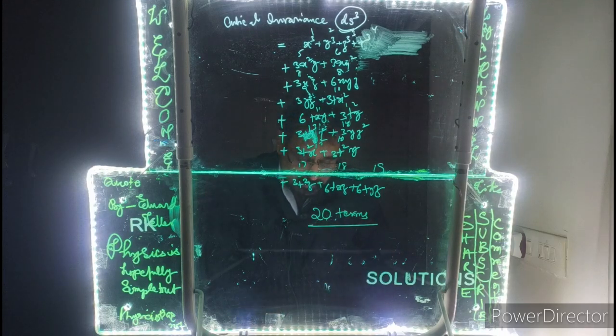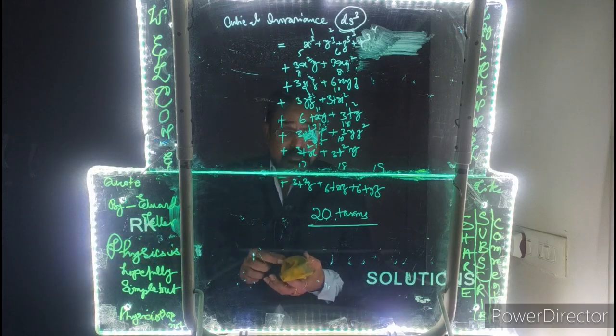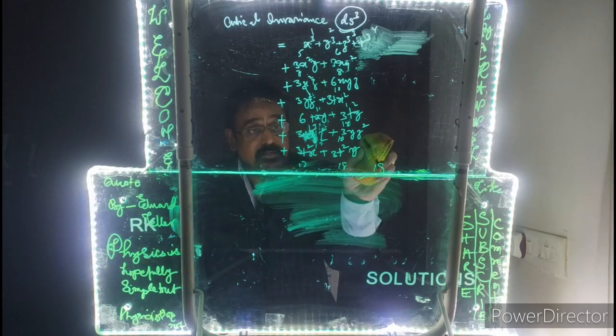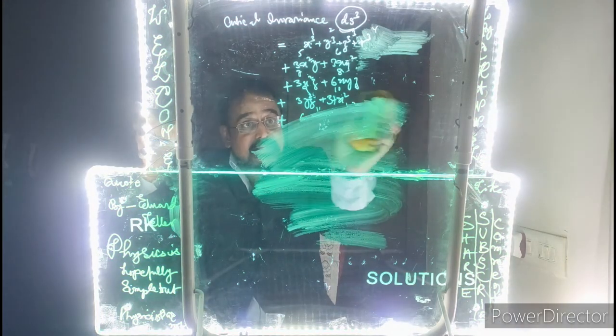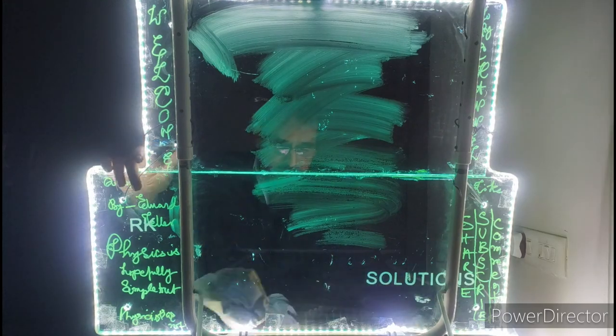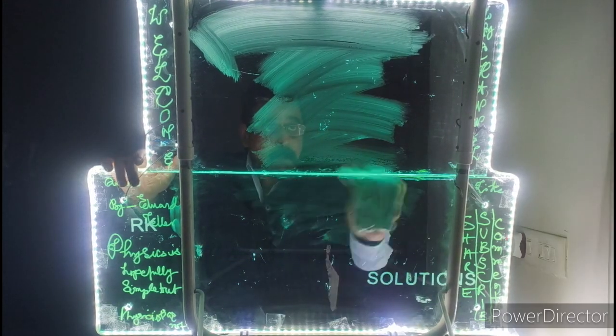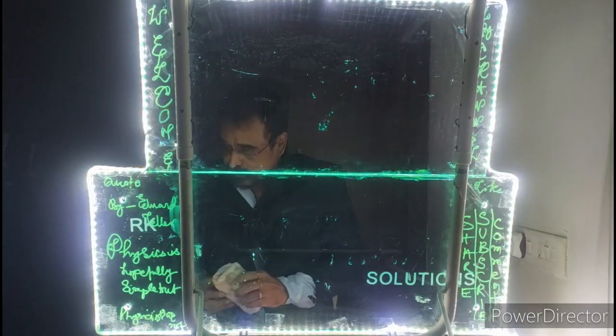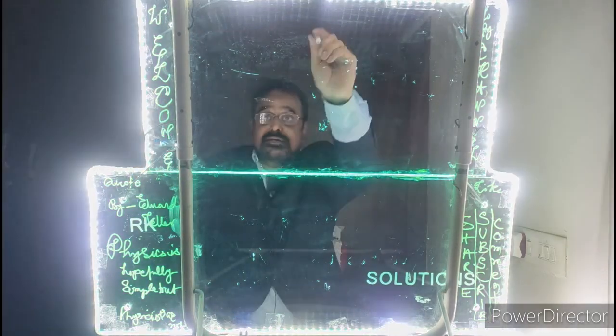So my suggestion is that instead of taking square value invariants, we will take cubical invariants. In that case, if you take cubical invariants, the cubes are also involved. As I told you, the biggest problem here is